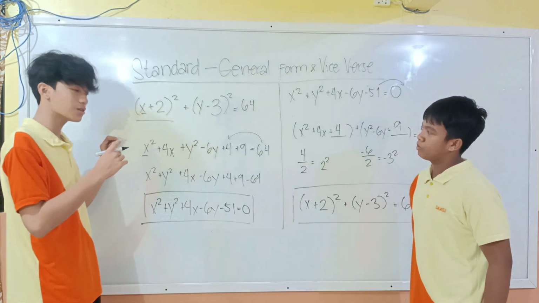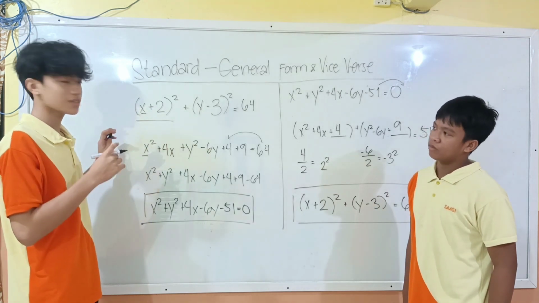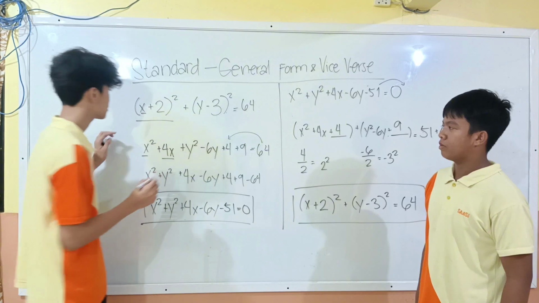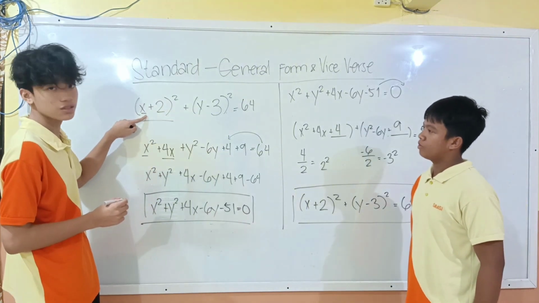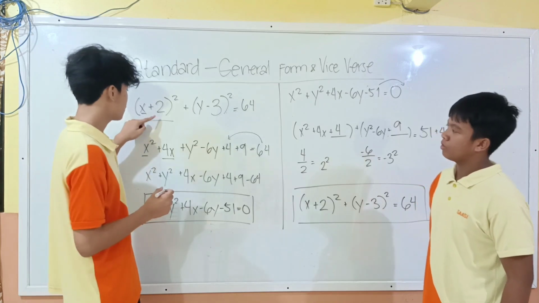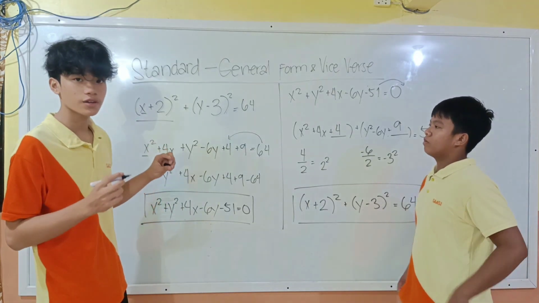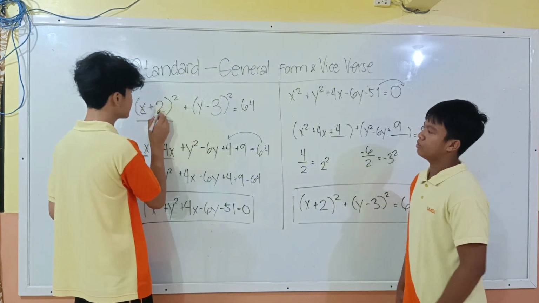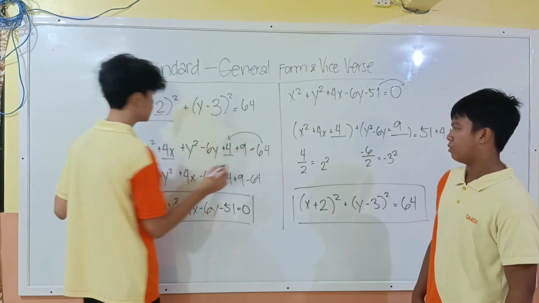Because we said the second rule is twice the product of the first term and the second term. So you will get 4x. 2 times x, 2x, and then multiply to 2, we get 4x. And then for the last rule, we need to square the last term. So square the last term, we will get positive 4.